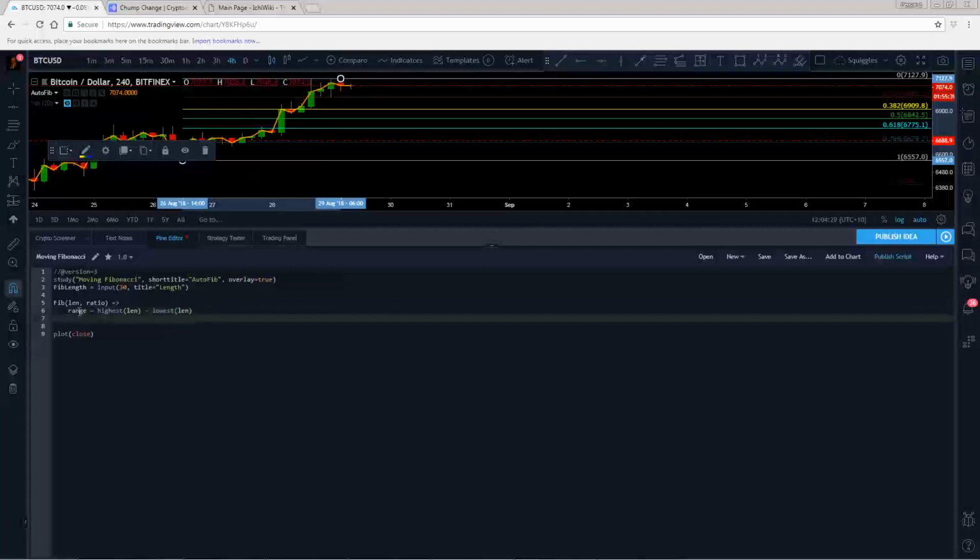Now we're going to go to a new line. We have a range, a value stored in our range, and now we're going to calculate the ratio of that range. So I'm going to call that range underscore ratio. Now the ratio is going to utilize the parameter that we passed in, ratio. So I'm going to make this variable range ratio equal to the highest within the length of time,